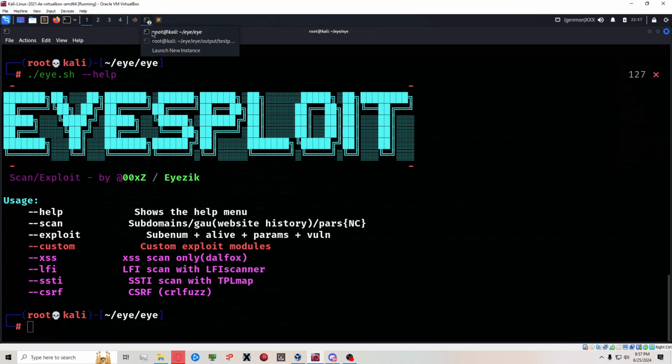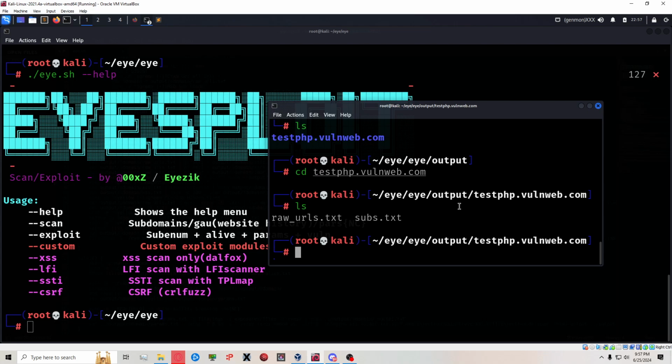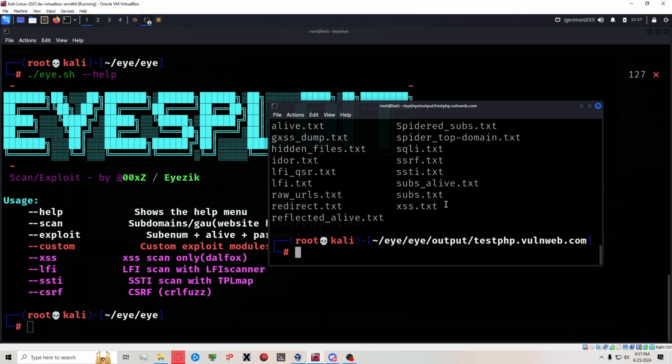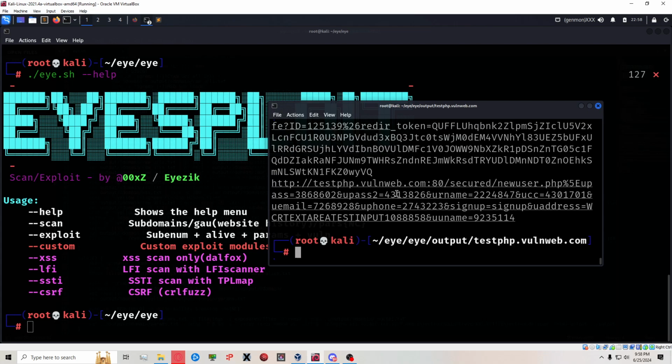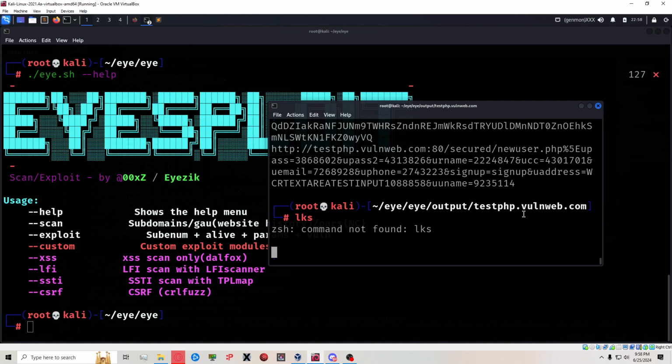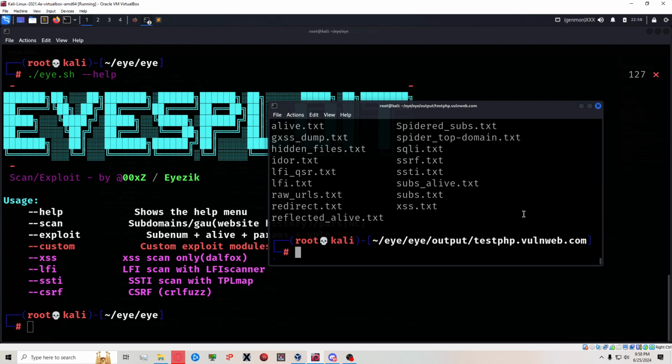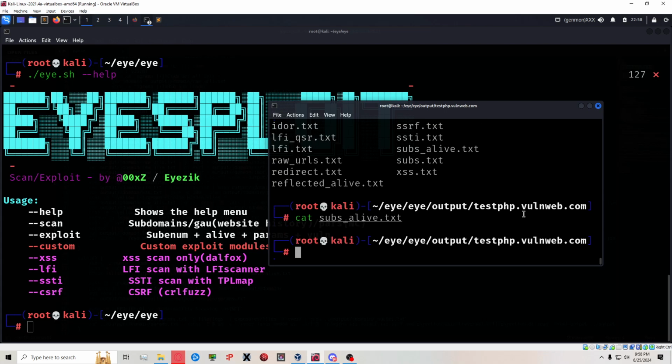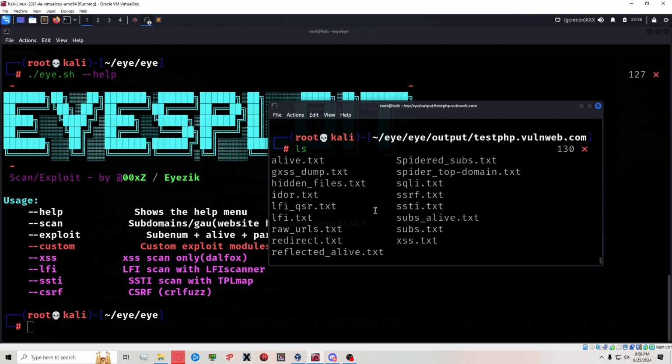I'm going to show you what an output looks like right here. So after you run it, it's going to use GF with some patterns, and it's going to pull all the parameters that look like they're vulnerable to each type of exploit, SQLI. And it's also going to check if subdomains are alive with Katana. There's no subdomains for this domain I ran because I ran it against test PHP, but